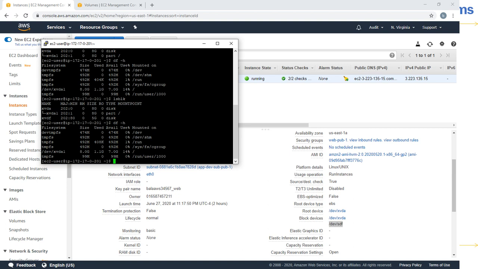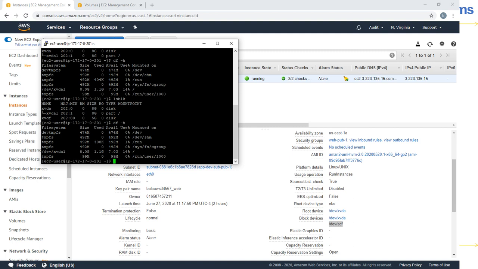Again, in order to mount this EBS volume to this instance, you have to find out the file system. Normally for Linux instances, you will be using XFS or ext4. So in our scenario, we go with XFS.